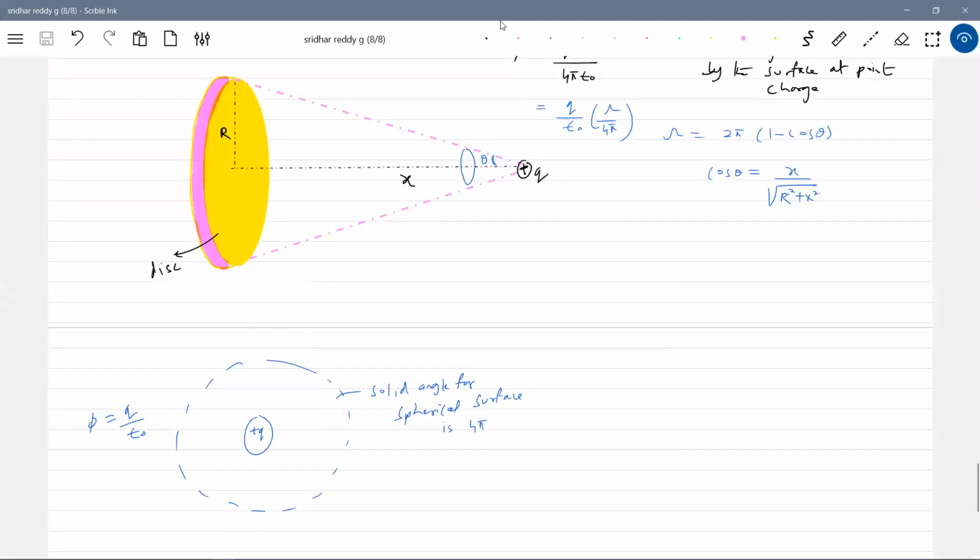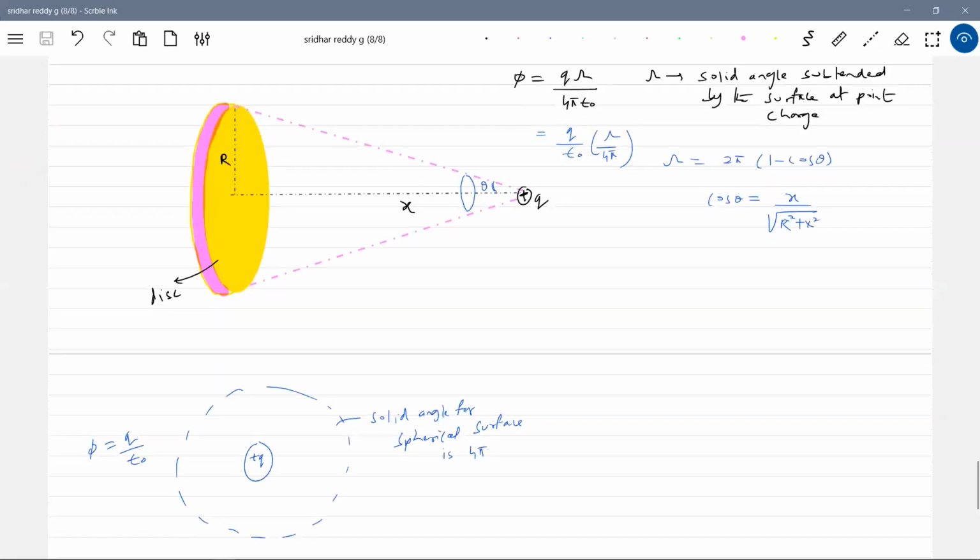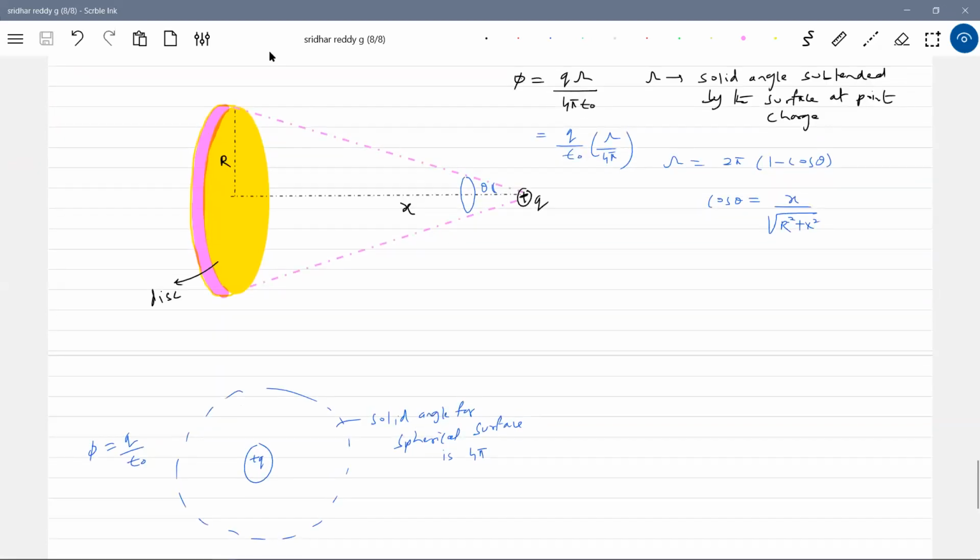Sir, how to calculate the solid angle, sir? How to calculate solid angle, you don't know. Just a formula is given and you have to apply it. It's a three-dimensional angle that is measured for this one. So what is the angle subtended by this surface means you are going to measure this one. This is called a solid angle. It has wide importance when we go for 3D objects.